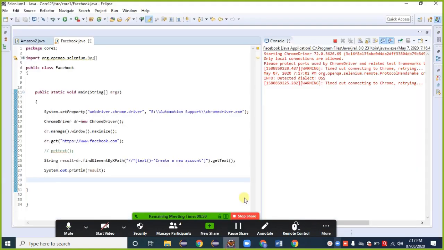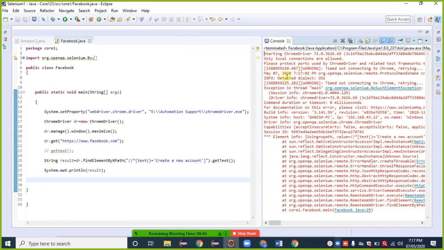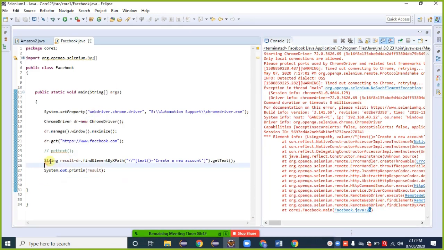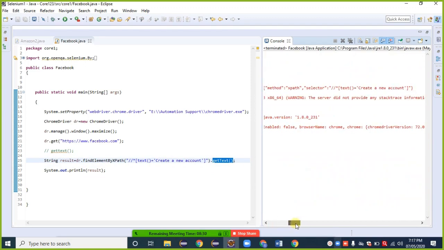Go to Eclipse. When this process stops, we get our result. Okay, there is one error at line 25. What is the error? In the morning session I also faced the same error, but after some time it resolved.